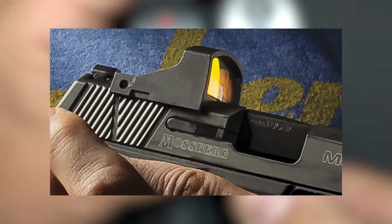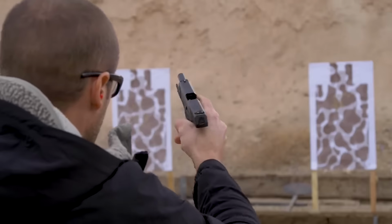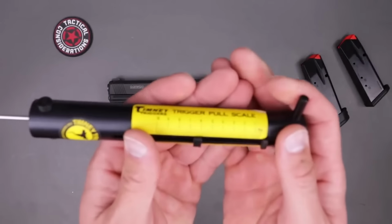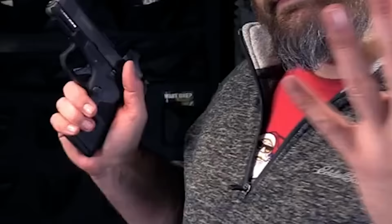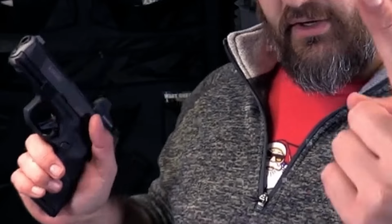And as is becoming more common, the slide is cut to receive an optic, which adds to the MC2C's versatility. The pistol ships with 2 mags, one holding 14 rounds that sits flush with the frame, and one holding 16 rounds with an extended base plate. There are actually 4 variants of this pistol, but 2 of them don't matter, and we're not going to be covering them here today because they are...